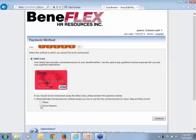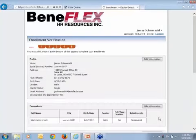So at this point, it's going to look at their payment method. And their debit card is their primary payment method if you are using the Bene debit card. And then here they can choose check or direct deposit. And they will need to enter their direct deposit information for the new plan year. So if they click on direct deposit,